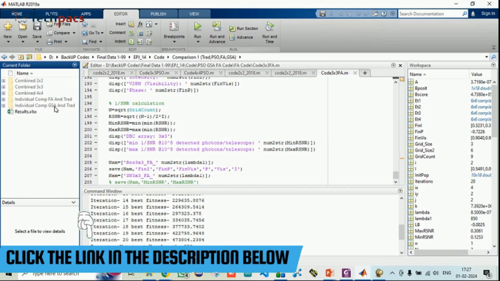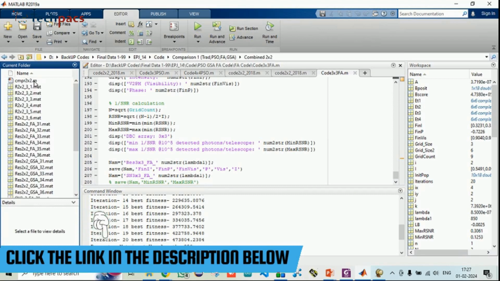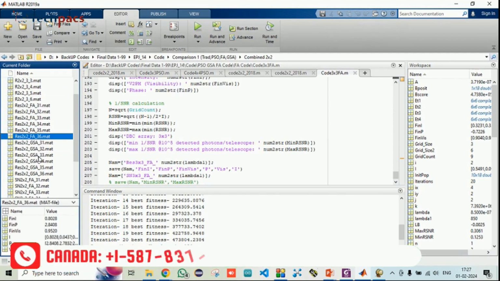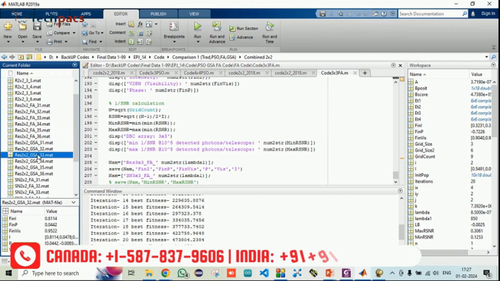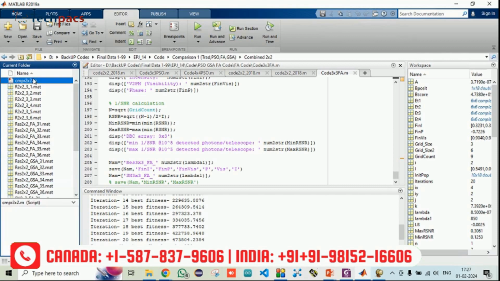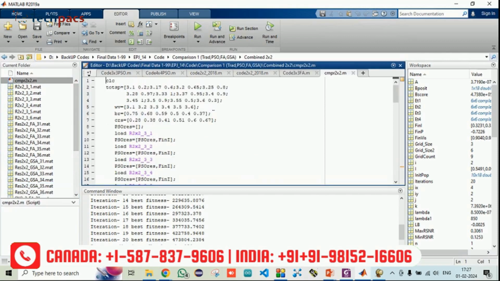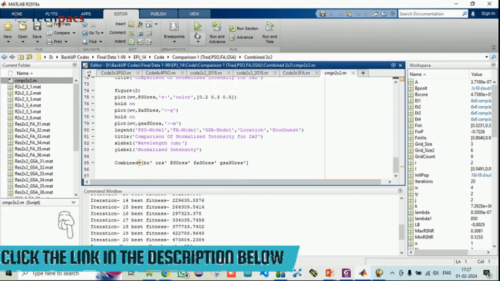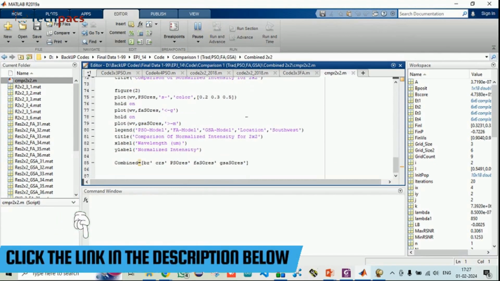Those traditional ones have been achieved with, for example, here you can see for 2 by 2, 2 by 2 with the 3 different configurations. Then these are for FA results for the 4 scenarios, and then this is for GSA. These are the SNR outcomes. So when I'm running the results for 2 by 2, you will get the outcomes in terms of the factors. Like here you can see